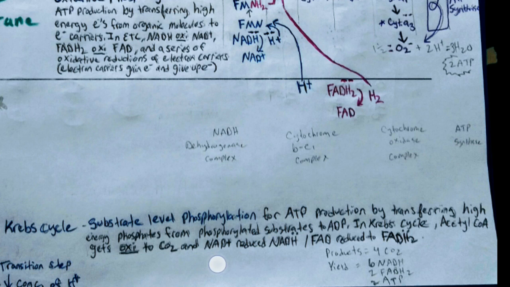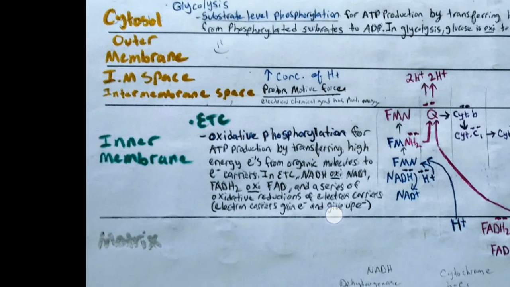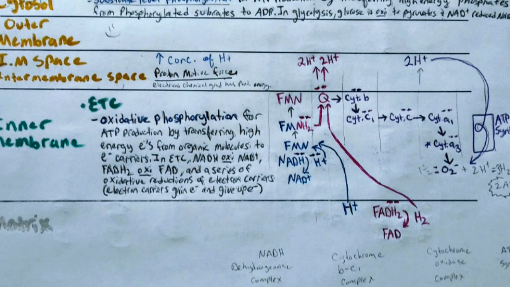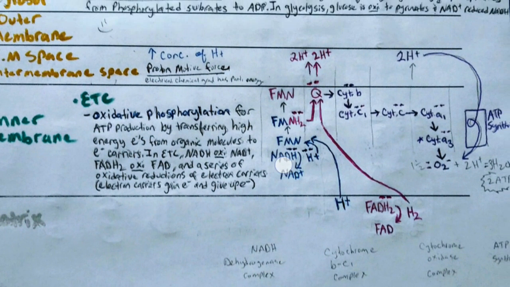And NAD plus gets reduced to NADH, specifically 6 NADHs. FAD gets reduced to FADH2, specifically 2 FADH2. Okay, now the electron transport chain, we have a series of reactions occurring here, but to make